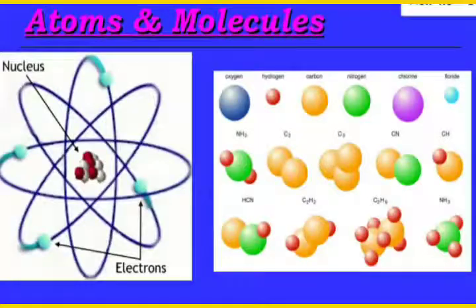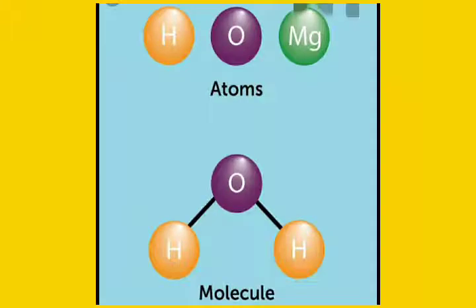I'll discuss atoms and molecules and the uses of different elements and compounds on the basis of their properties. An atom can be defined as the smallest individual unit of an element which exhibits all the properties of that element and may or may not have independent existence. These atoms can take part in chemical reactions. Atoms were discovered by the famous scientist John Dalton.